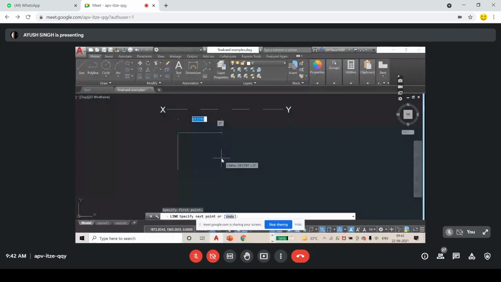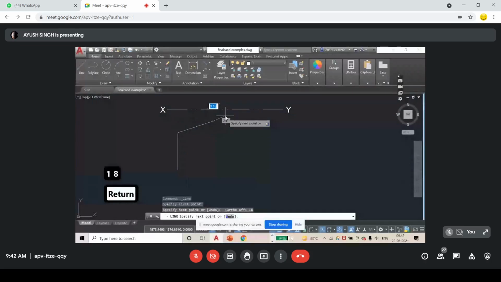Now I have to create an angle of 108 degrees from this side to this side, and I also want this side to be 25. So I enter 25. Now the angle. 90 is already covered, and the reference is this. So I need only 108 minus 90, which is 18 degrees. So I will go 18 degrees. Okay, done. So this is 108 degrees. You can check this and this, 108.